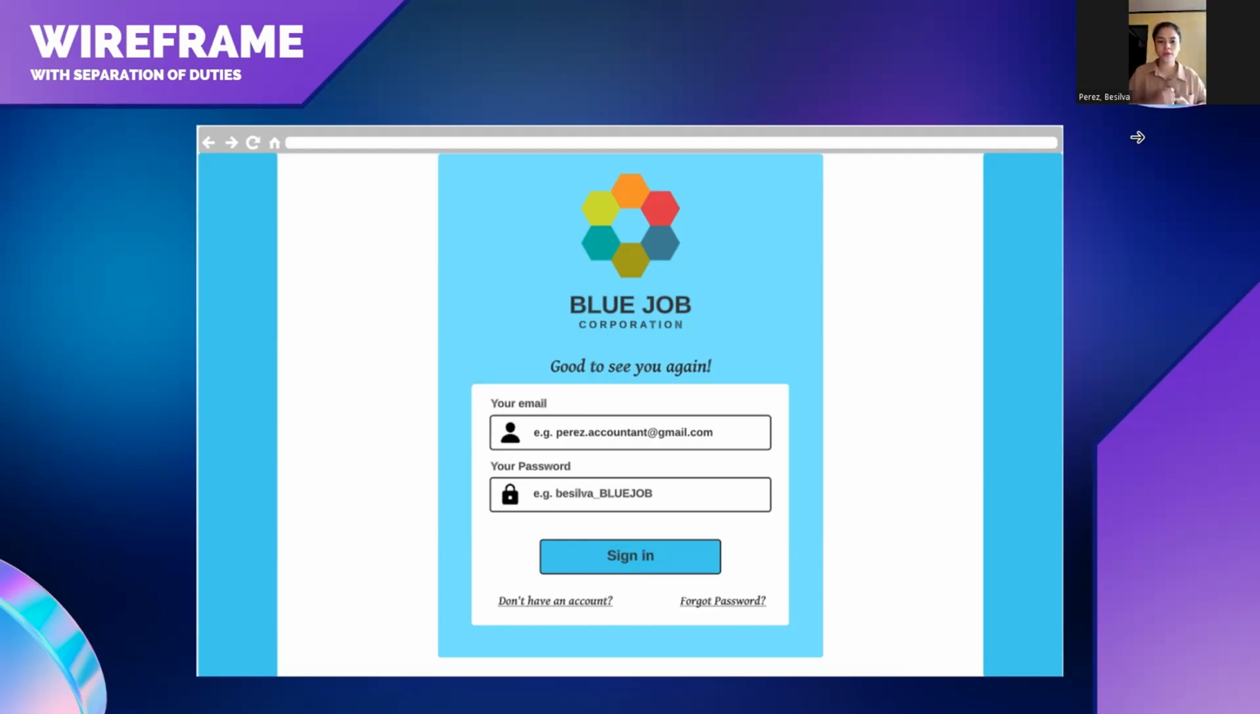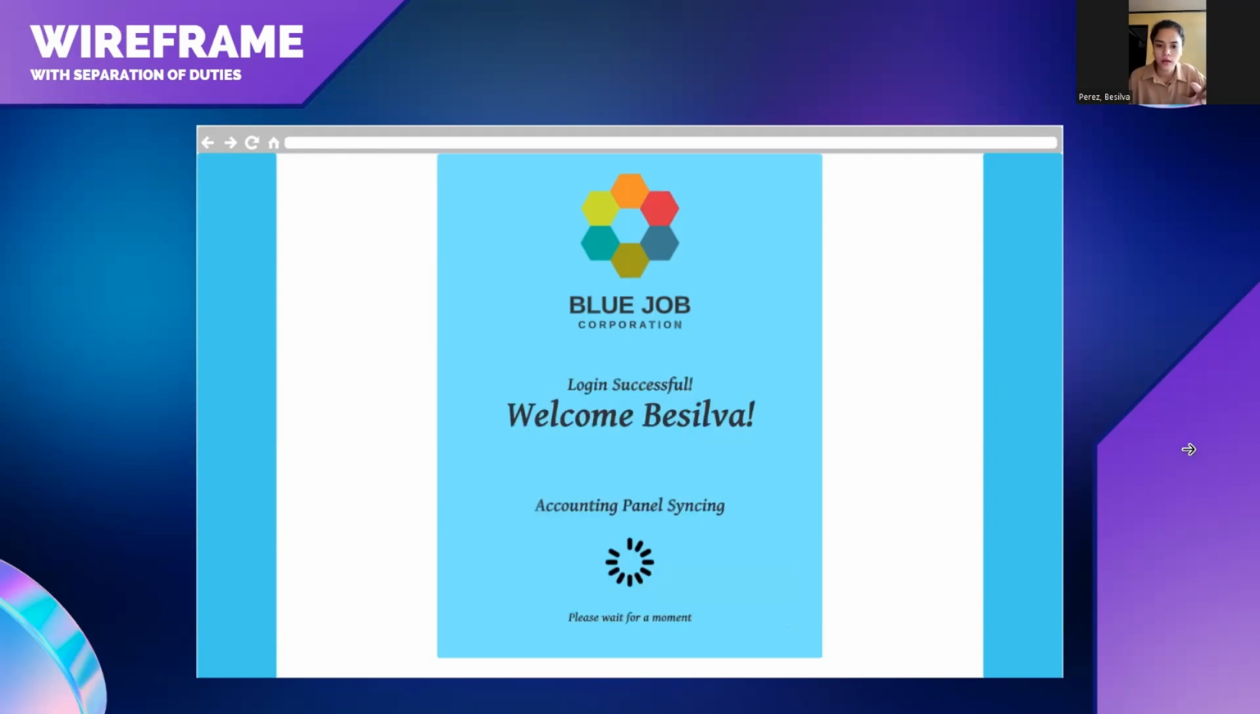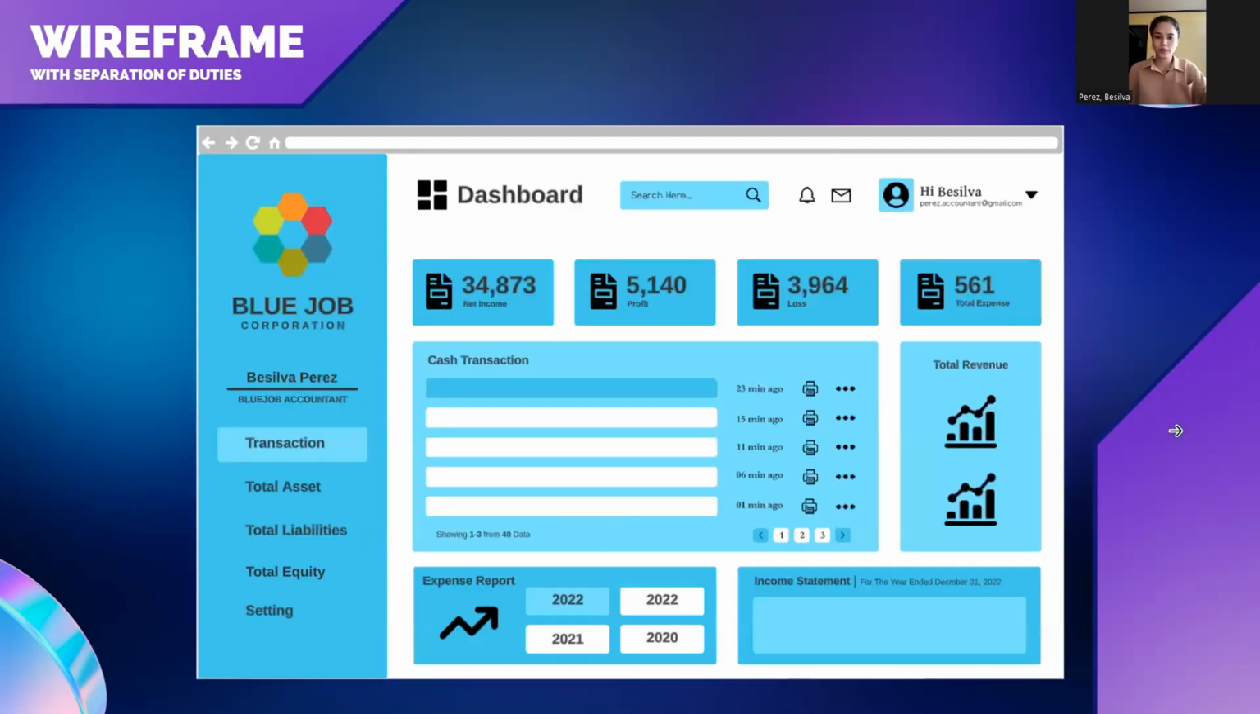Dito naman po sa may part na to is kailangan niyo po ulit mag-sign in, maglagay ng email and then your password to sign in this page po. Then next po is next slide please. Next po is kapag nakapag-login na is magsisync na yung mismong account sa may panel po. Then kapag okay na yung nagre-reload kasi yan, kapag okay na, then mapupunta siya sa may mismong home or page po ng